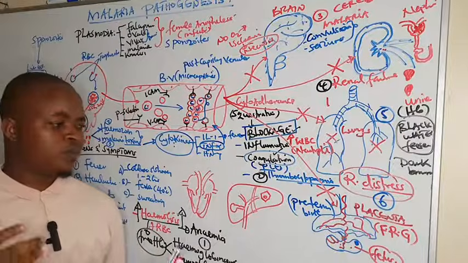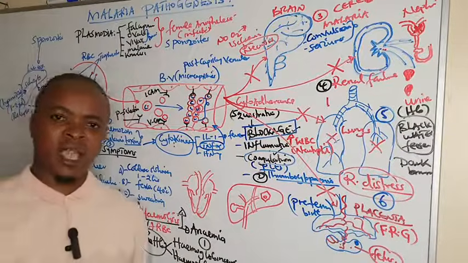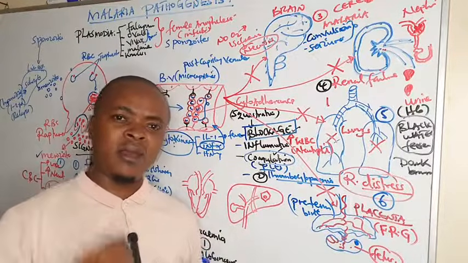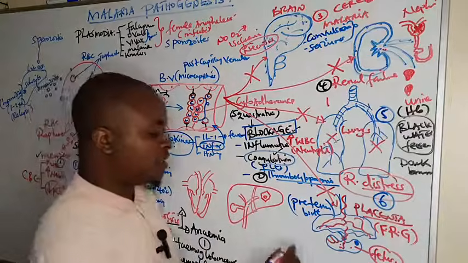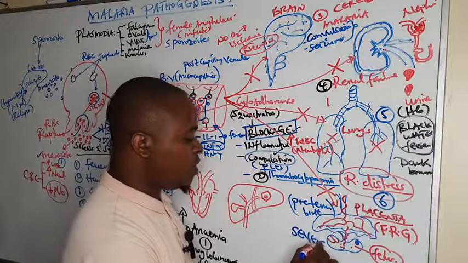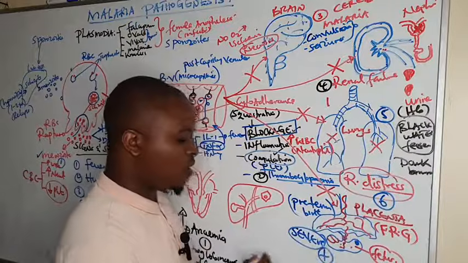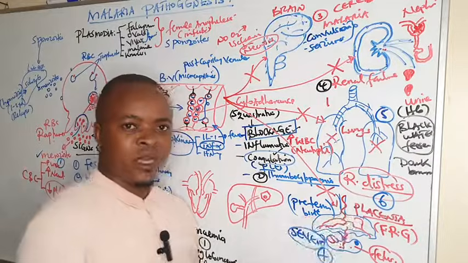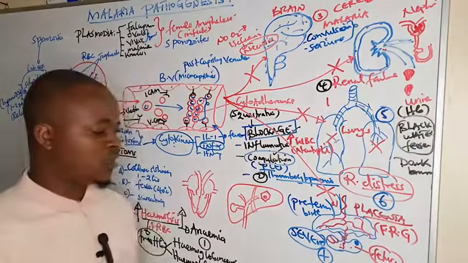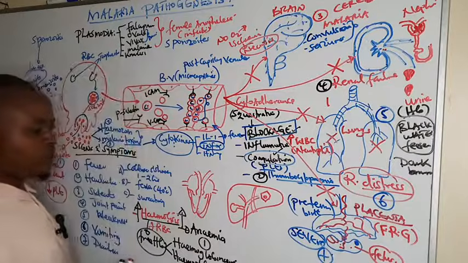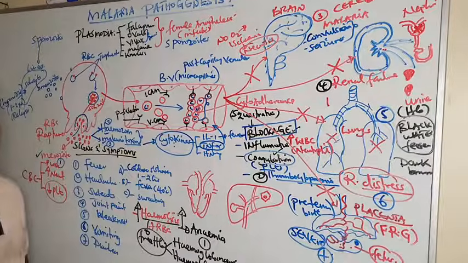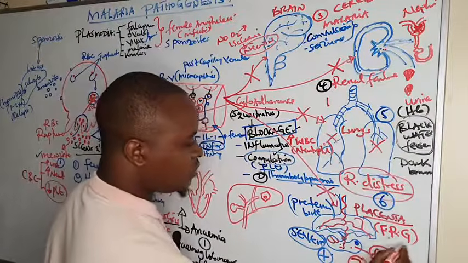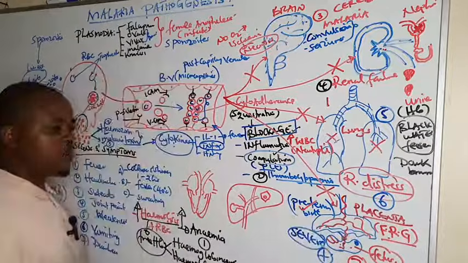So that is why malaria is dangerous in pregnancy, and that is why we normally give them Fansidar as a prophylaxis. And any malaria in pregnancy is treated as severe. Even when in the lab you see malaria +1, it should be regarded as severe because the placenta harbors much of the malaria parasites. So any malaria in pregnancy is treated as severe malaria because of its complications. So this complication becomes number 7, whereby we are seeing fetal growth restriction leading to preterm birth,